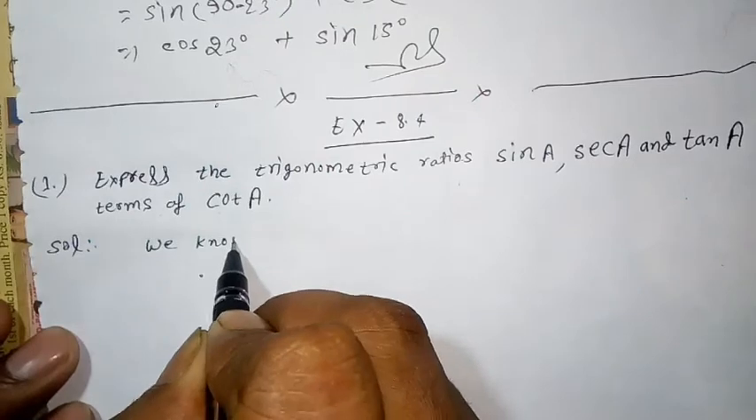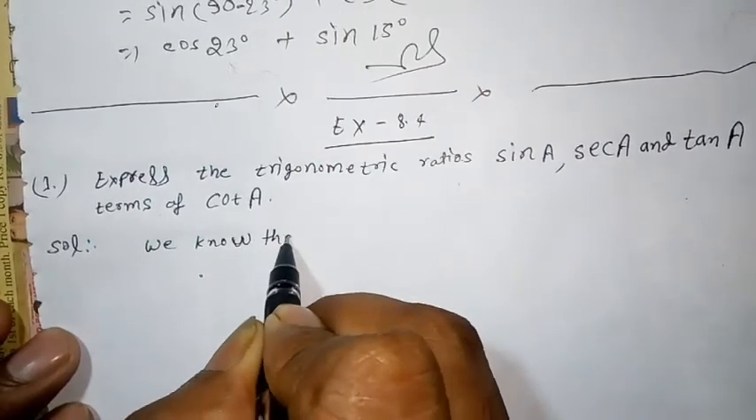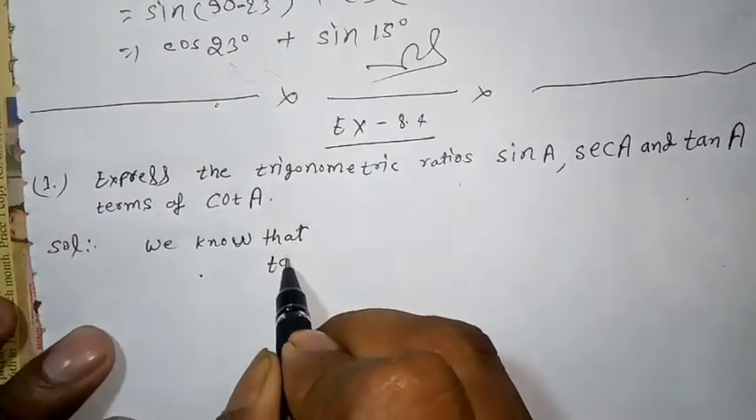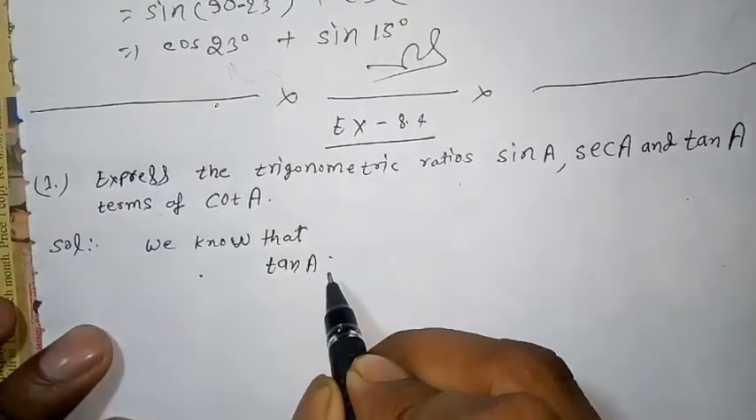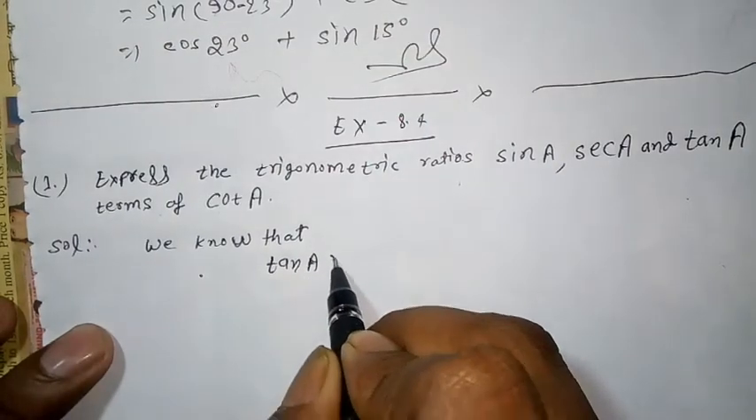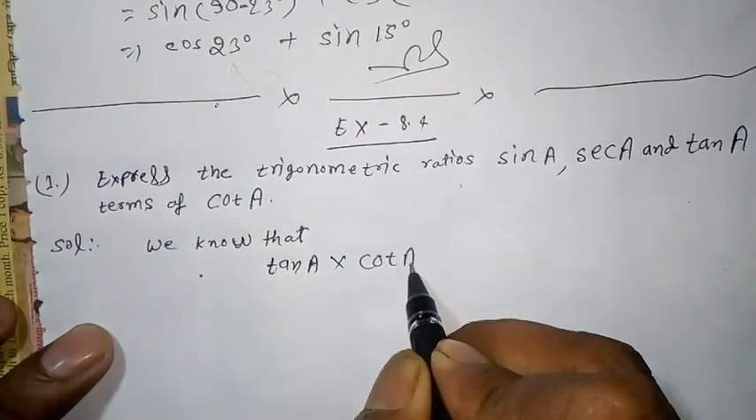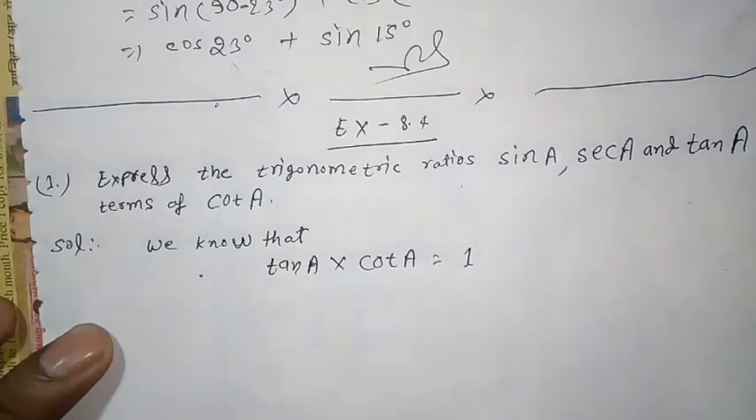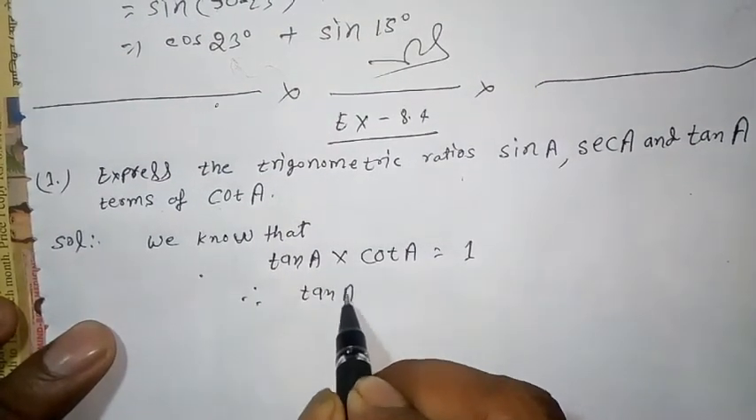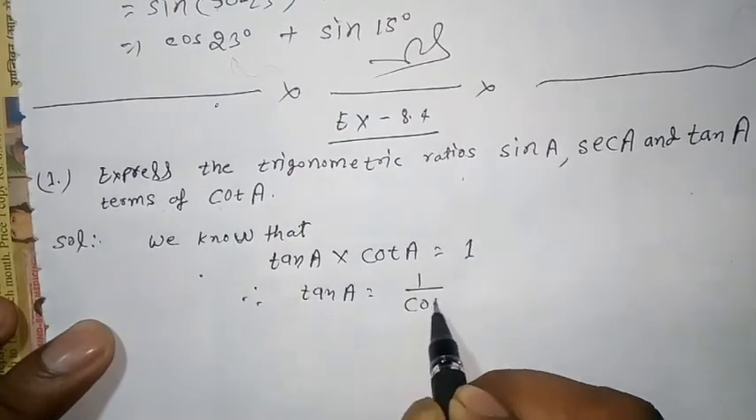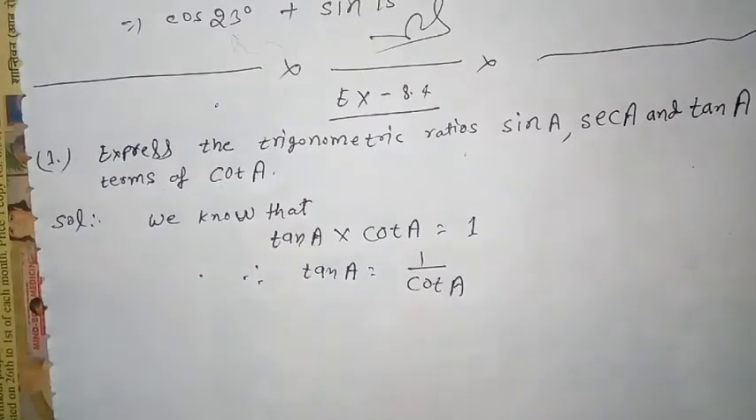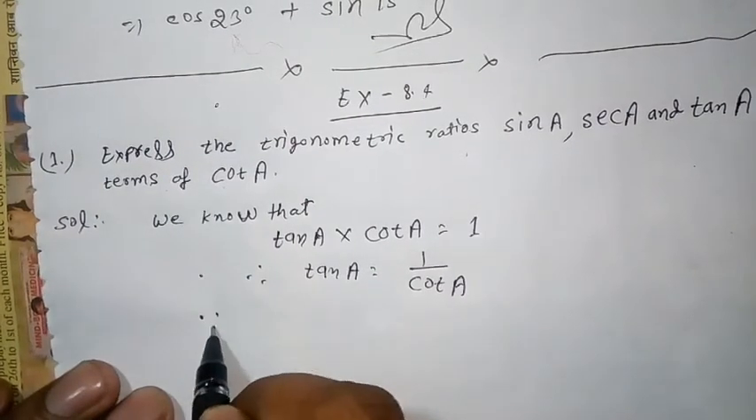We know that tan theta into cot theta is equal to 1. So we write here tan A into cot A is equal to 1. Therefore tan A is equal to 1 by cot A. Next,